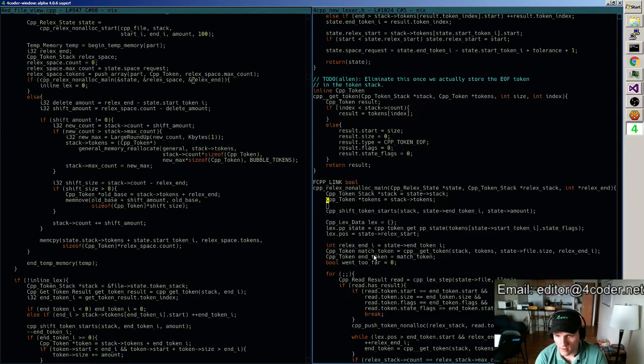So Relex non-alloc main, we grab the stack out of the state, we grab the tokens out of the stack, we shift token starts. The first thing we do is we shift all the starts after the Relex position, right? So every token after this point is not to be affected anyway, so we shift all their starts. And then what we do is we say, okay, for the rest of the tokens, we need to relook at what needs to happen there. So that's like,